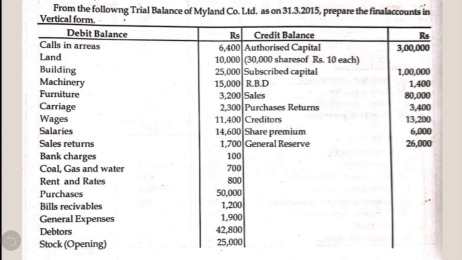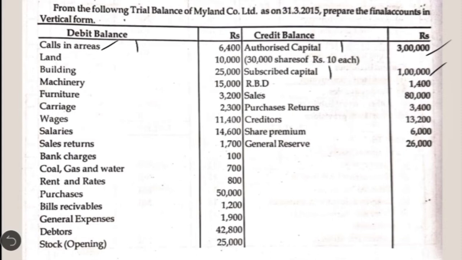So here if you see the credit side, we have authorized capital. Authorized capital is the maximum capital which the company can raise from the public. But while totaling that we are not considering it, we are just stating that as the maximum capital which the company can raise. For actual totaling in note number 1, that is under share capital, we are going to write issued, subscribed, called up capital which is 1 lakh rupees. Then from that we are going to deduct the calls in arrears to calculate the paid up capital. So calls in arrears, authorized capital and subscribed capital are all in note number 1, that is share capital.